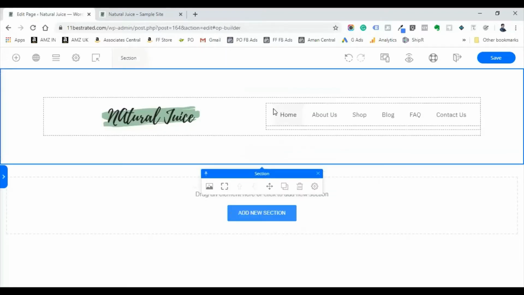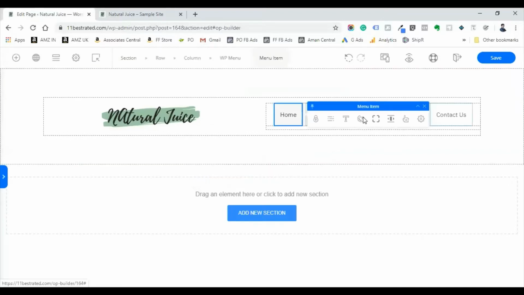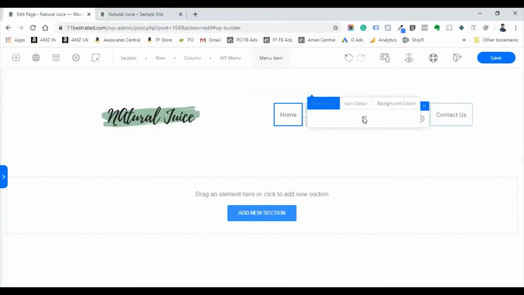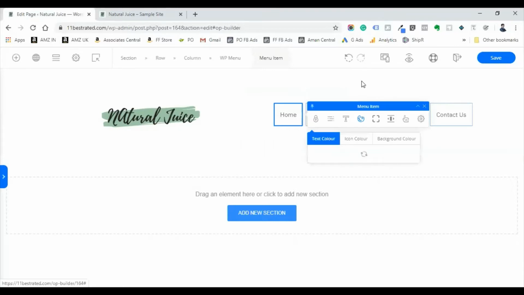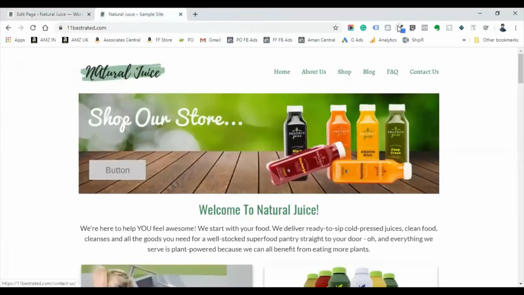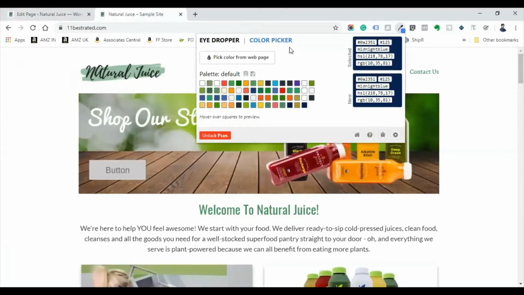And this is the menu. You can change the color of that. To match the color of that site, I use a Chrome extension called iDrop Color Picker. You can find this extension on the Chrome extension store. You can pick any color from any website.